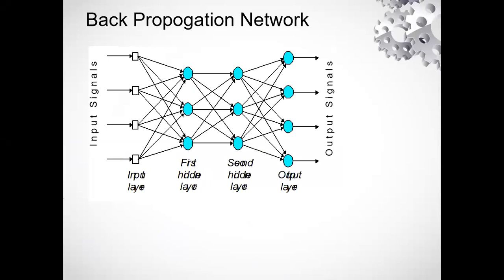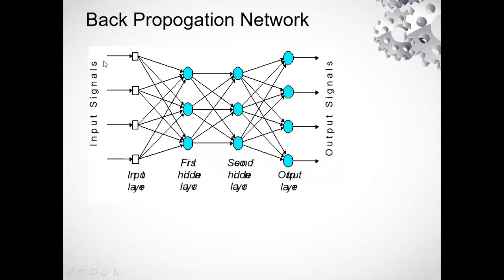In the backpropagation network, this is the architecture. I'm just giving you a review of what we have done in the last lectures, not in detail, but only an overview of the backpropagation network. This architecture is a multi-layer architecture in which I have two hidden layers. This is the first hidden layer and this is the second hidden layer.